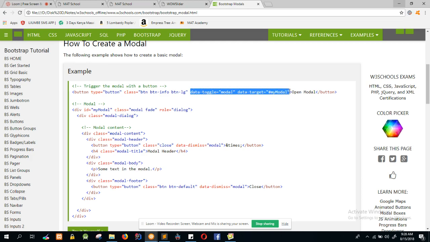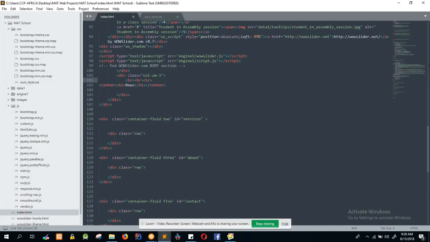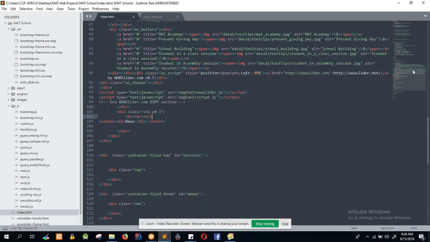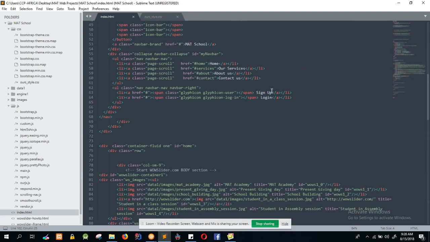So for this case, you just need to have those two, data-toggle and data-target, within the item that I want to be clicked and bring about the effect. Of course, I was targeting the word sign up. So when it is clicked, what do you expect? I'm expecting that sign up to have